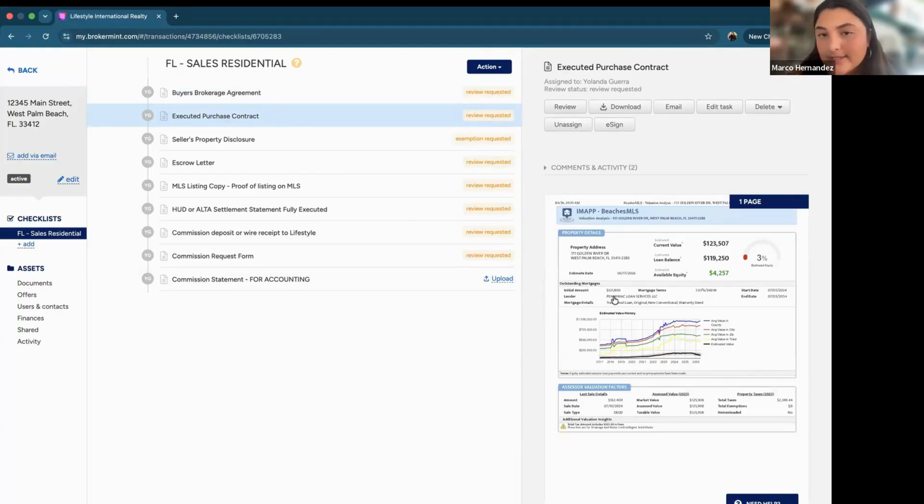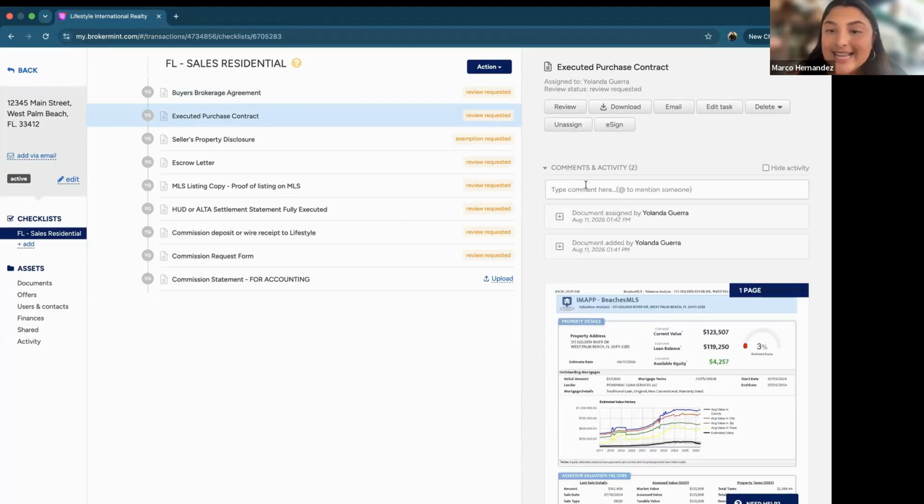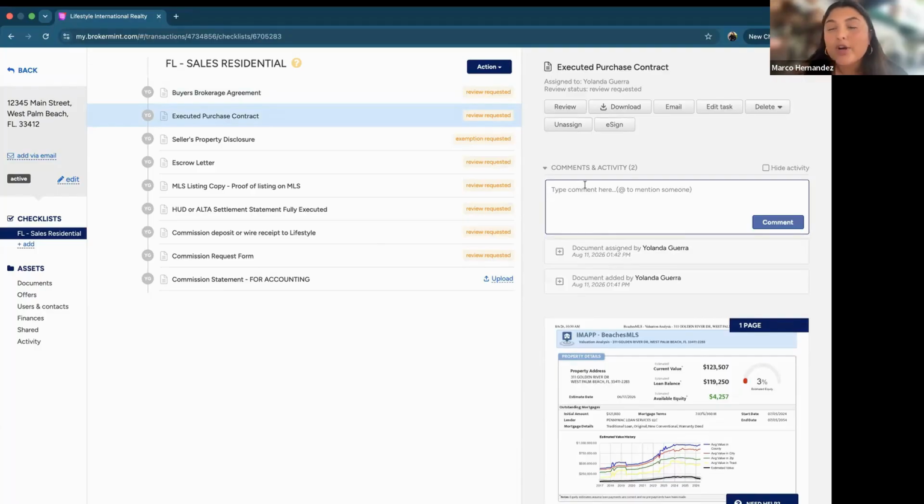this is the wrong document, I accidentally uploaded the wrong one, in this comments and activity section, you'll have a comment here from one of our team members from BoldTrail saying, hey, you uploaded the wrong document, please upload right away. And in this comments and activity section, you guys can respond to them and say, hi, let's pretend that